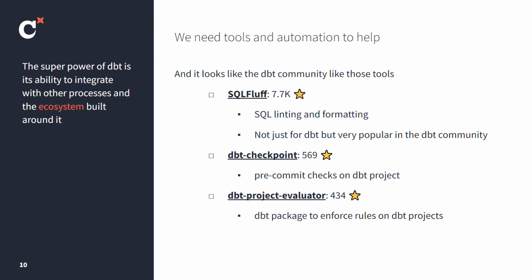Some other tools we have is dbt checkpoint. This is a tool created and maintained by the community where you can verify that some rules are followed in your dbt project even before you commit it in your repo. And the last one that I mentioned, and that I particularly like because I'm maintaining it, is dbt project evaluator. This is a package where we have different rules, and we can make sure that those rules are enforced